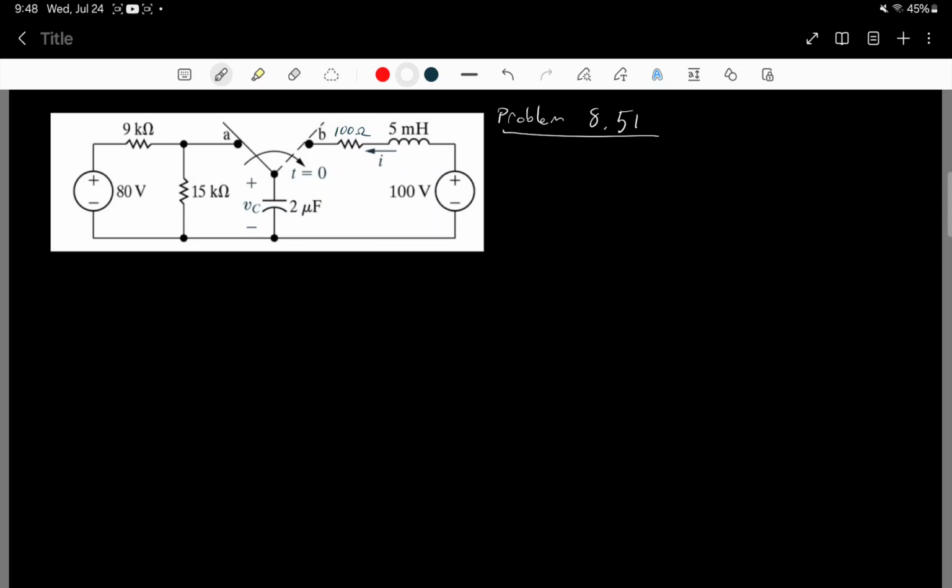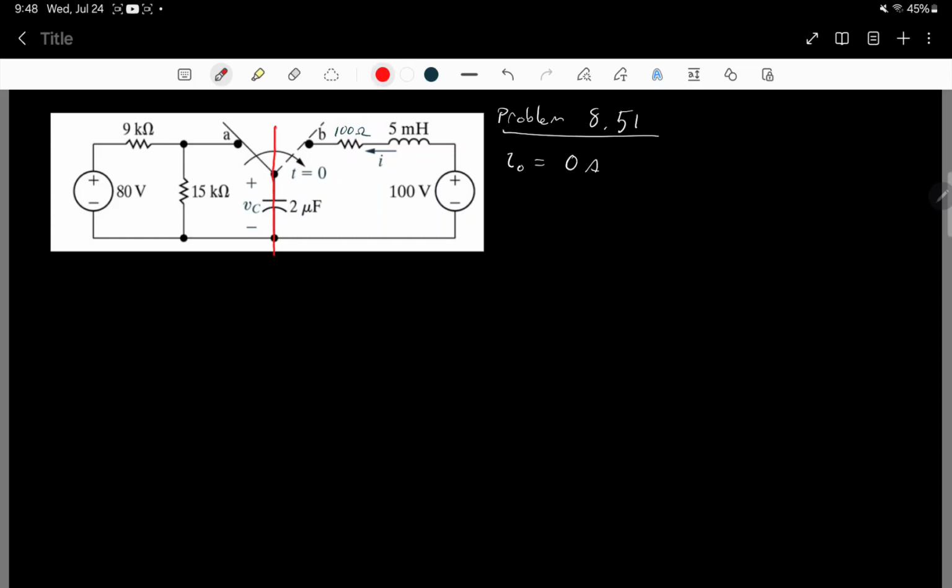We can see pretty easily here that the initial current on the inductor, the 5 millihenry inductor, is going to be 0 because there's an open circuit at t less than 0. So 0 amps. The voltage on our capacitor we can figure out by looking at the circuit on the left